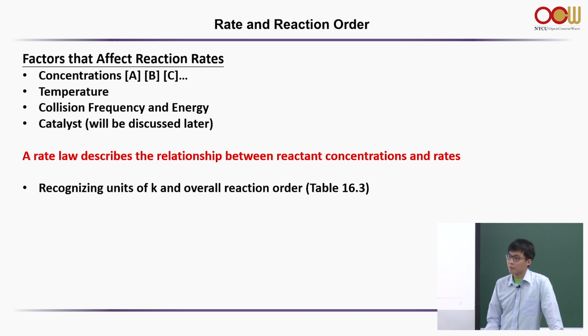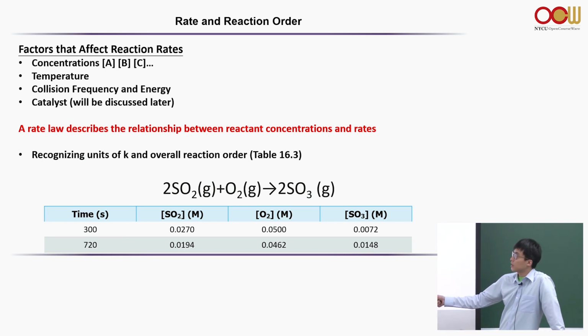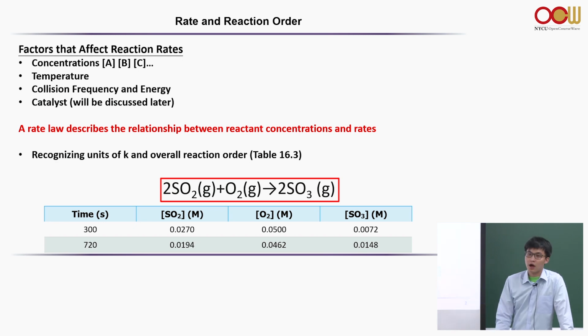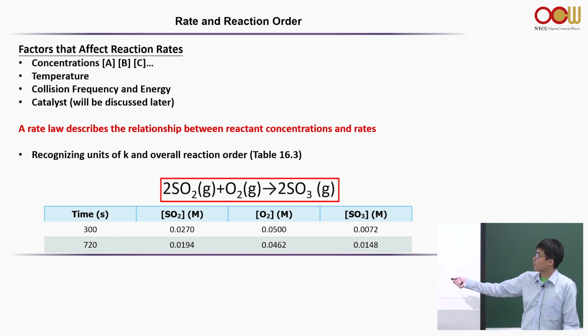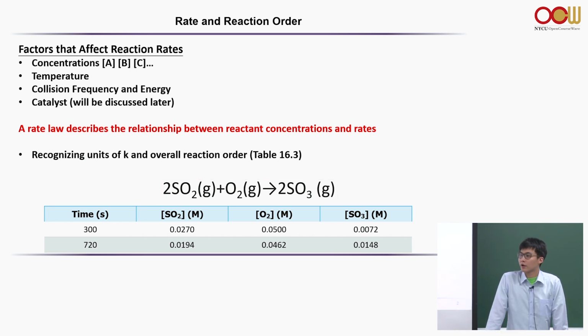All right, so now we'll have a quiz. I would like you to write down how you would express the rate of the disappearance of SO2, disappearance of oxygen, as well as the formation of SO3 based on the numbers given here. You can use your cell phone for a calculation if needed, okay? It's a very simple calculation. Or you can just leave your mathematical equation.